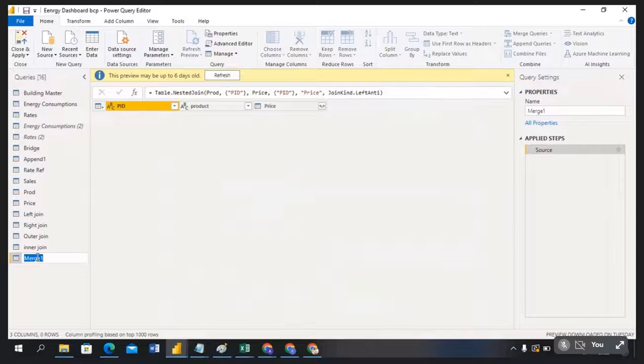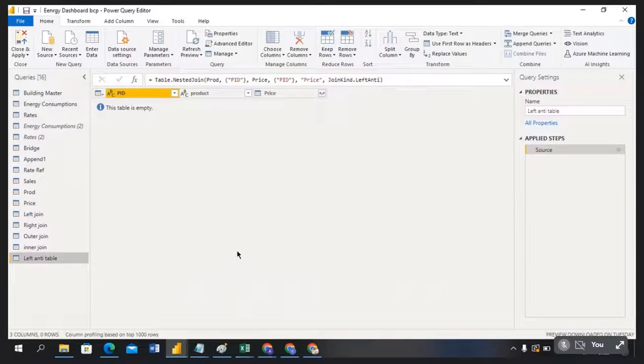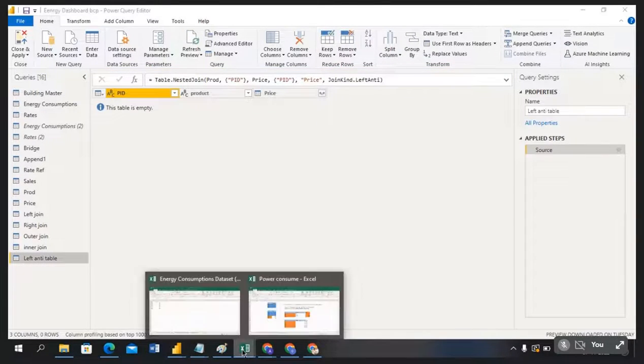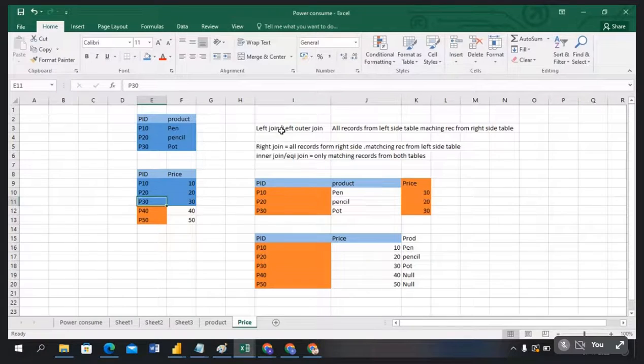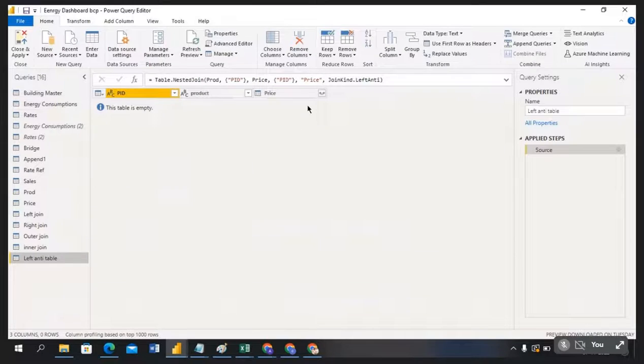So this is the left anti result, right? The left anti table. Now let's see. It's opposite to left join, guys. What is left join? Generally, all records from the left side table and matching records from the right side table. I'm saying the definition for left join, right? So left anti means, if you see the results here,